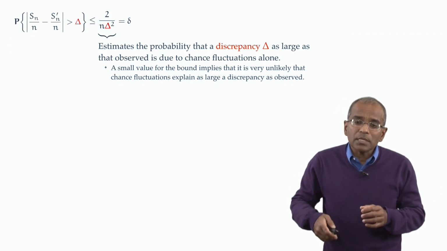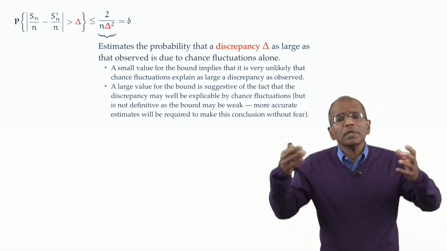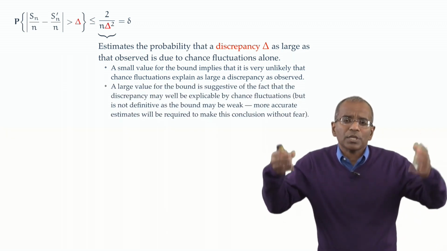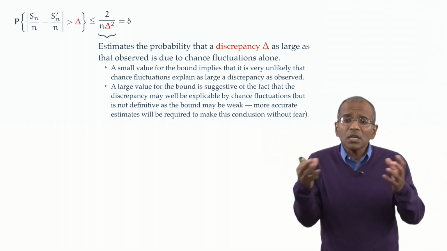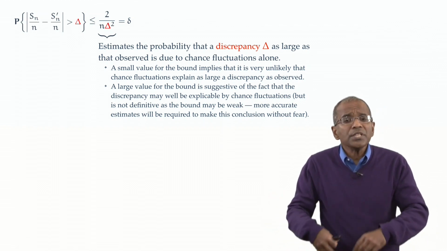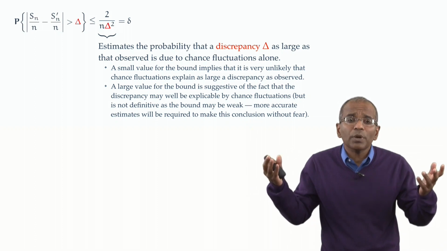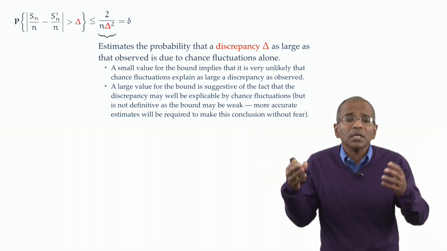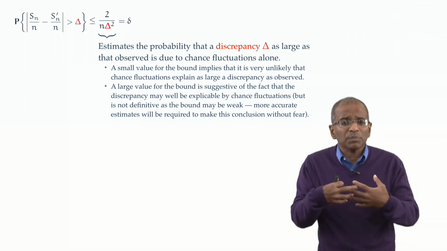On the other hand, if the value for the bound, the confidence parameter, is relatively large, say 50%, 40%, something like that, then such a large discrepancy as what we observe in our patient pool is easily explicable by just random chance fluctuations. Life happens. Nothing is certain. Of course, we do have to be a bit cautious with the second part of this pronouncement,